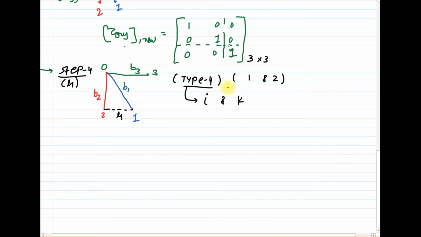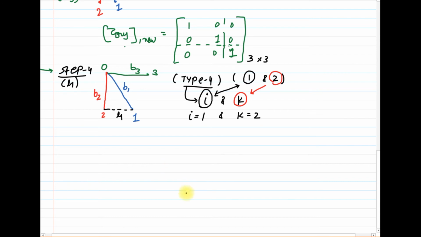So we have to select which is bus number I and which is bus number K. The smaller number is given to bus number I, and the higher number is given to bus number K. So for this case, the addition of a co-tree link is between bus number I, which is 1, and bus number K, which is 2. I hope this is clear up to here.